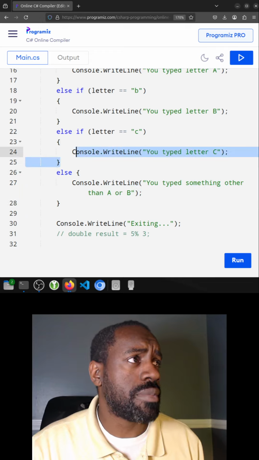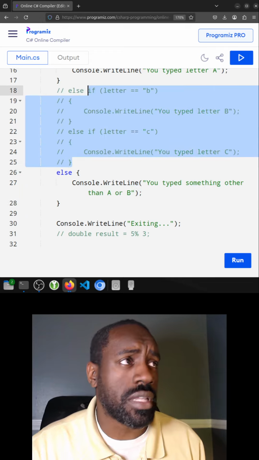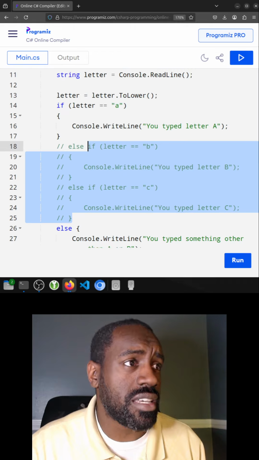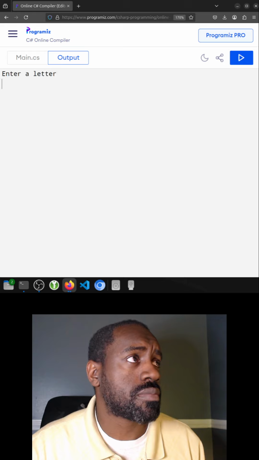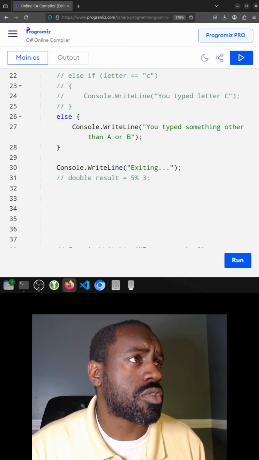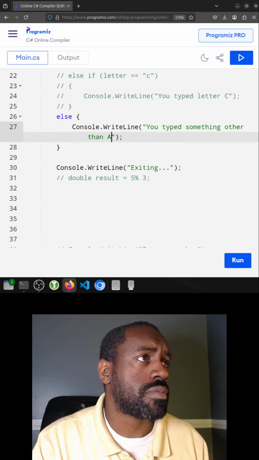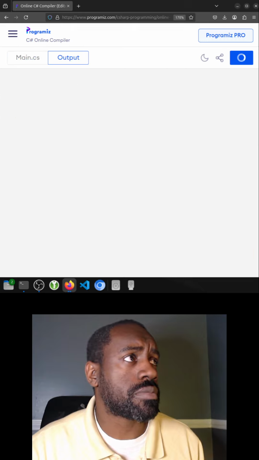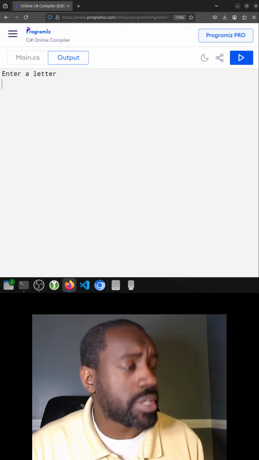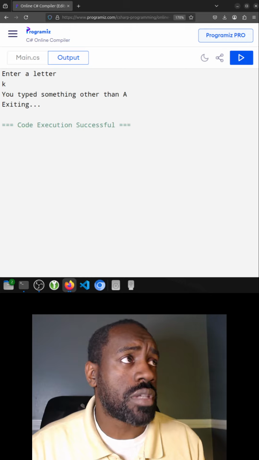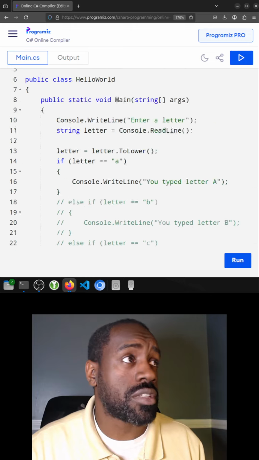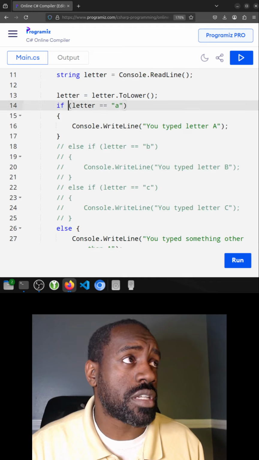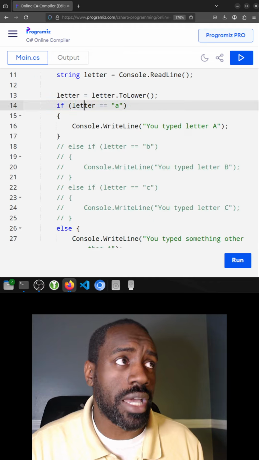So if I uncomment this and comment the conditions for B and C, then run the application. Actually, I think I need to correct. Yeah, we're going to correct that. Alright, now run. So if I type in the letter K, it's going to say you typed something other than A, and that is correct because the only 2 conditions that it's checking is the if, and if the letter is not equal to A, then